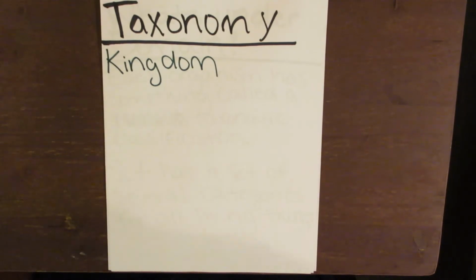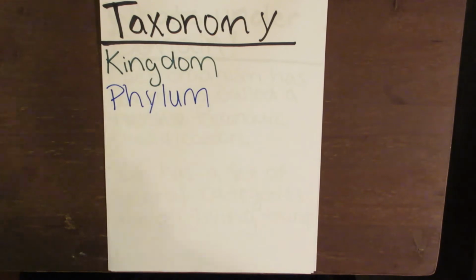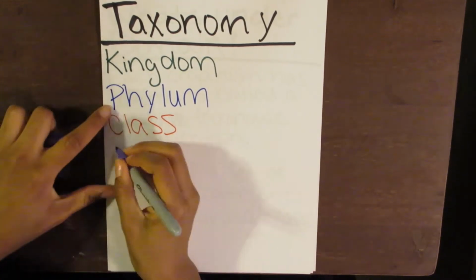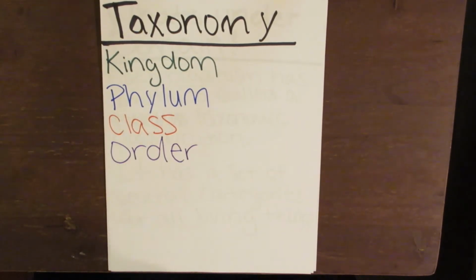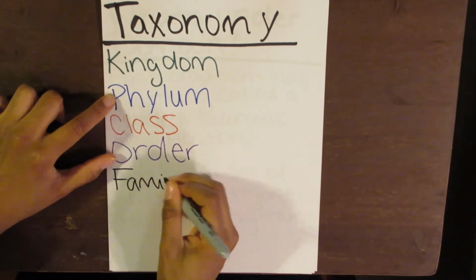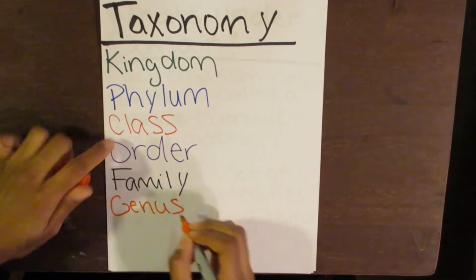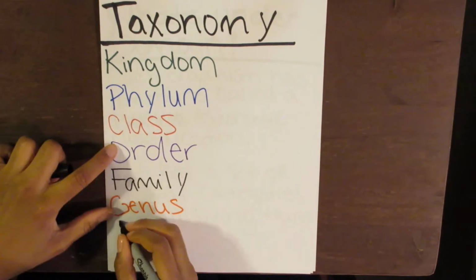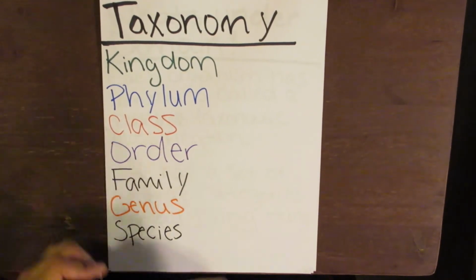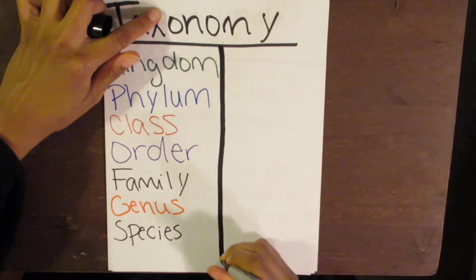Then we have phylum, class, order, family, genus, and last but not least, species, which most of you guys have heard of that word before. So I'm going to go ahead and split that in half, and we're going to go over our little saying